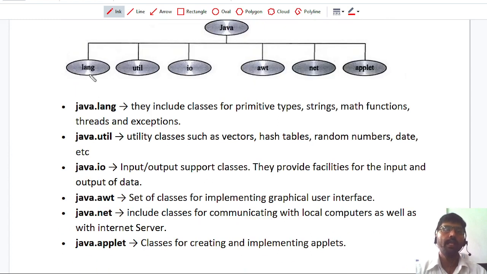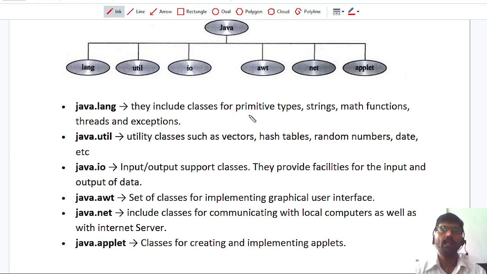The first Java package is called java.lang. This is the default package or language package. This package is used by your compilers, so it is imported automatically. Meaning the java.lang package is added to your program whenever you compile or run your program. So there is no need to call this package. Whatever classes are available in this package are available directly to you.